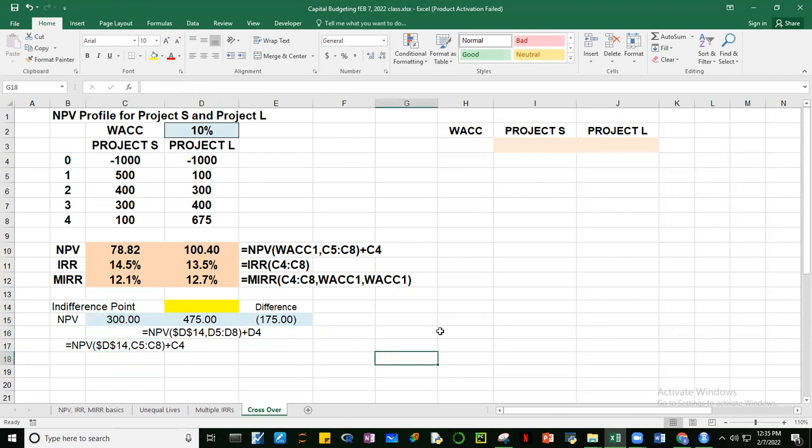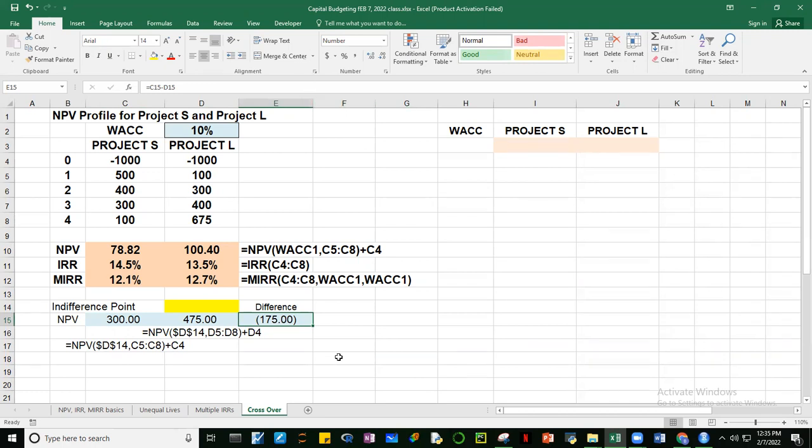All right. Then, we know, guys, that in order for us to be indifferent to project S or project L, kailangan yung NPV nila pareho. So we would want this to be 0. Okay. Yun ang crossover point natin. So dapat yung difference ng NPV ni project S at saka project L, they should be 0. Okay, we're indifferent. We don't care whether we choose project S or project L, since they have the same net present values. If they have the same net present values, then their differences will be 0. Okay, so let's compute for that.